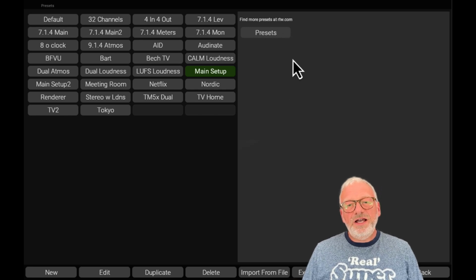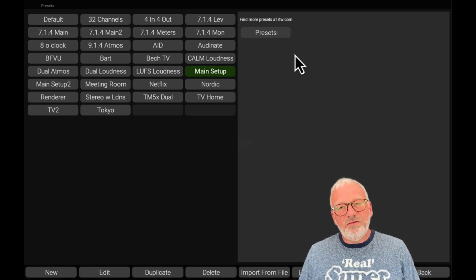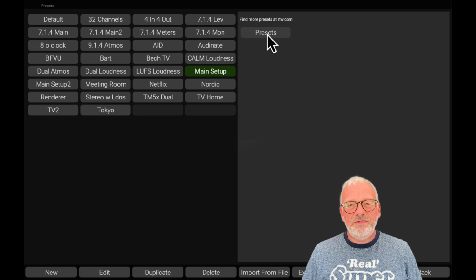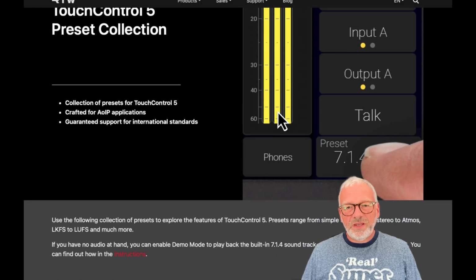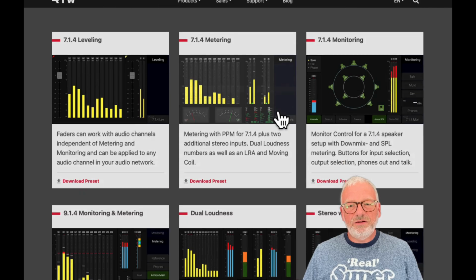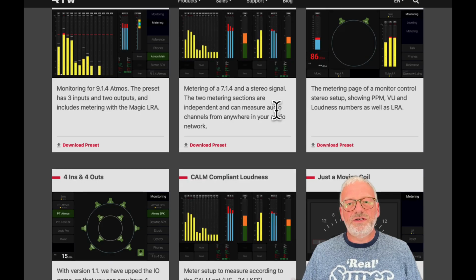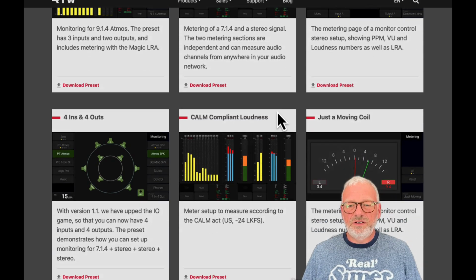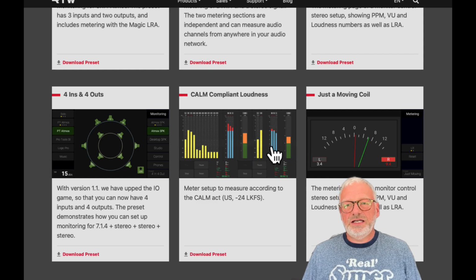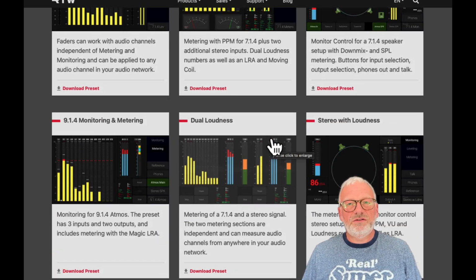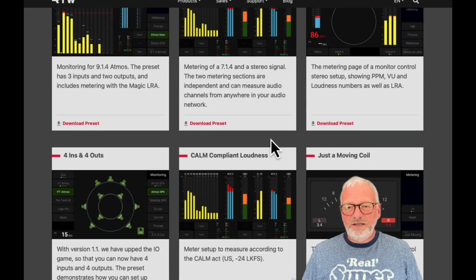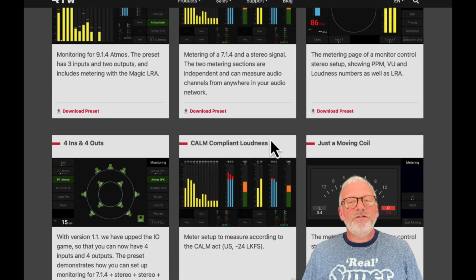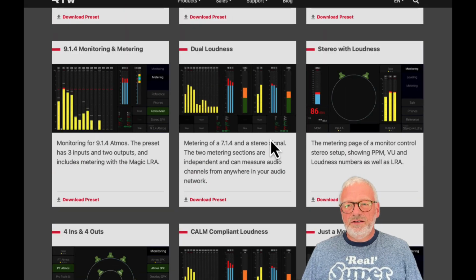Over here you find a direct link to our presets on our web page. Simply click here and you come to the website, and you can scroll down here and select some of the factory presets. Just to check out different features. This preset page will of course expand in the future, but already now you can check out presets